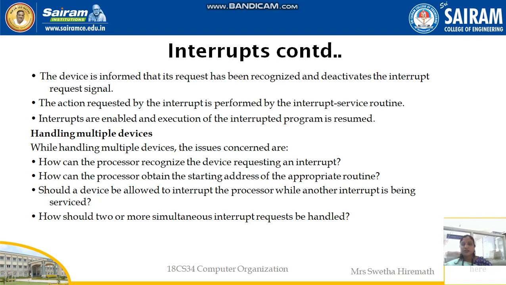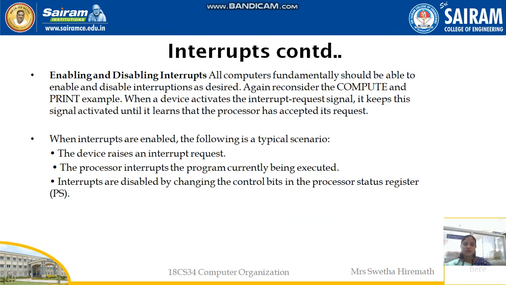So these are the six things which are going to take place once some routine, program or IO device sends an interrupt request to the processor. We'll see in detail what actually it is. First thing is the device raises an interrupt request. That is, if our program, the print routine, wants to access the processor, then it will be sending the request to the processor.